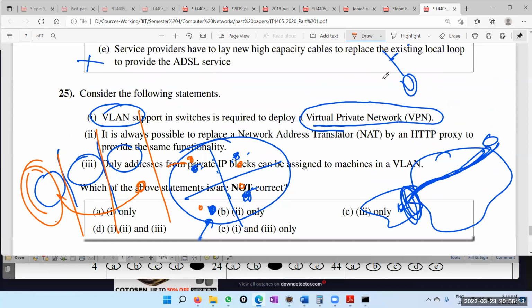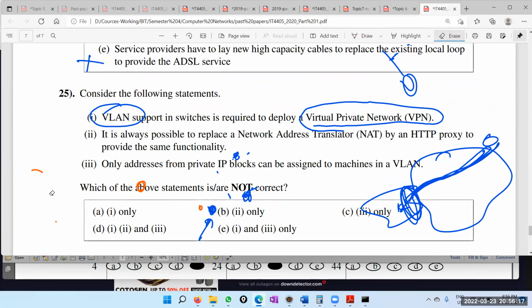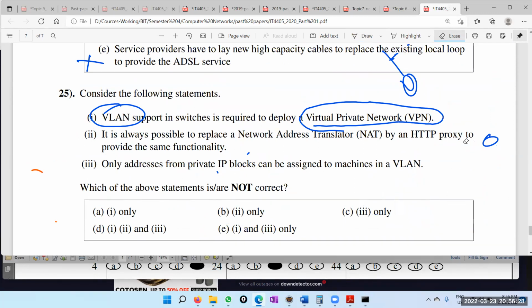So our following question is, but you have to look at the other answers. So therefore the first one is wrong. It is always possible to replace network address translation, NAT, by HTTP proxy. Network address translation, a proxy server can do some of the network address translation tasks as well, because a proxy server can also map your internal IP, your private IP, to your public IP, but